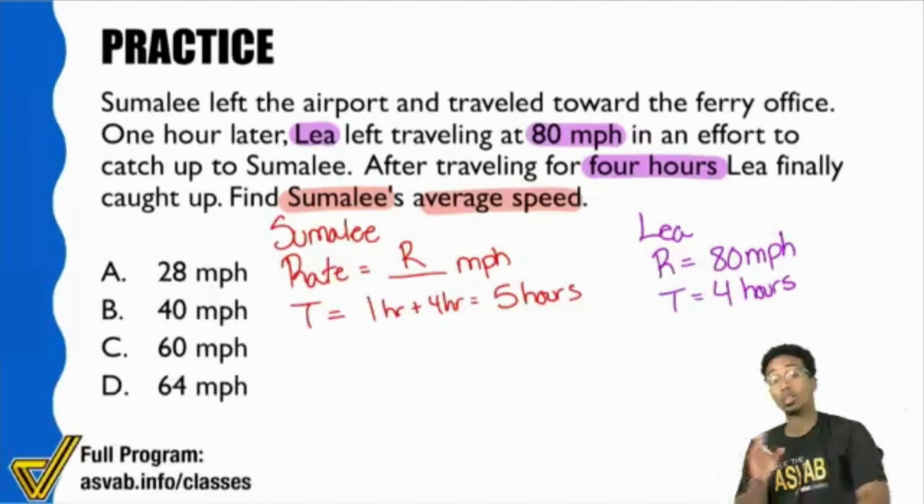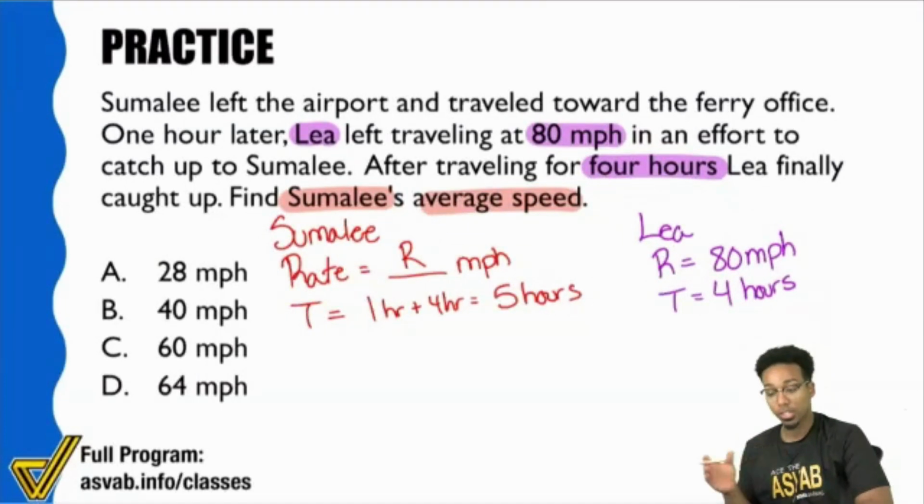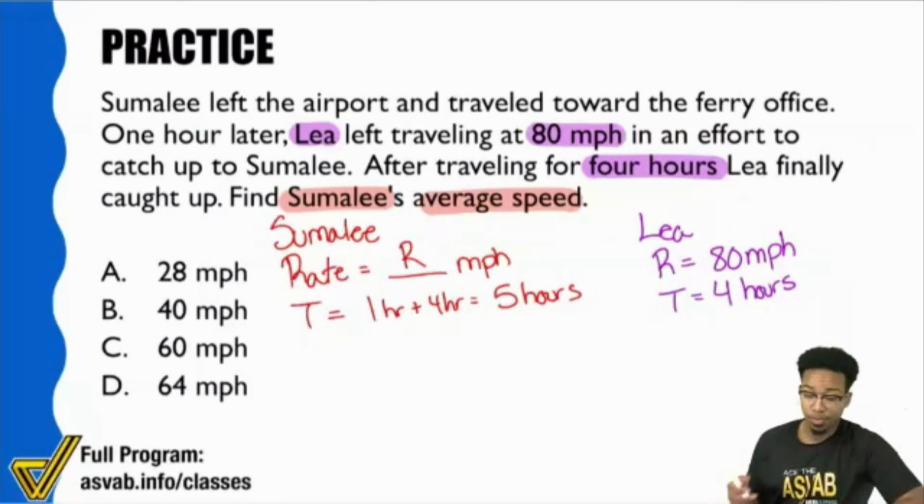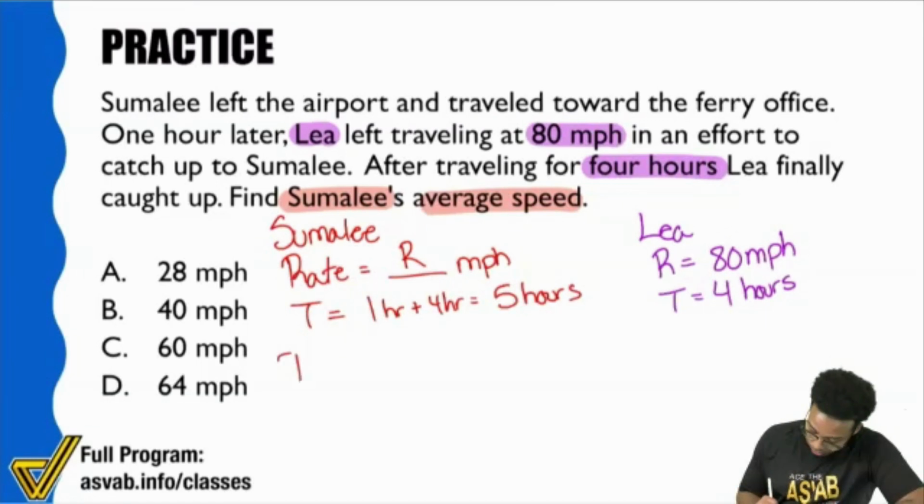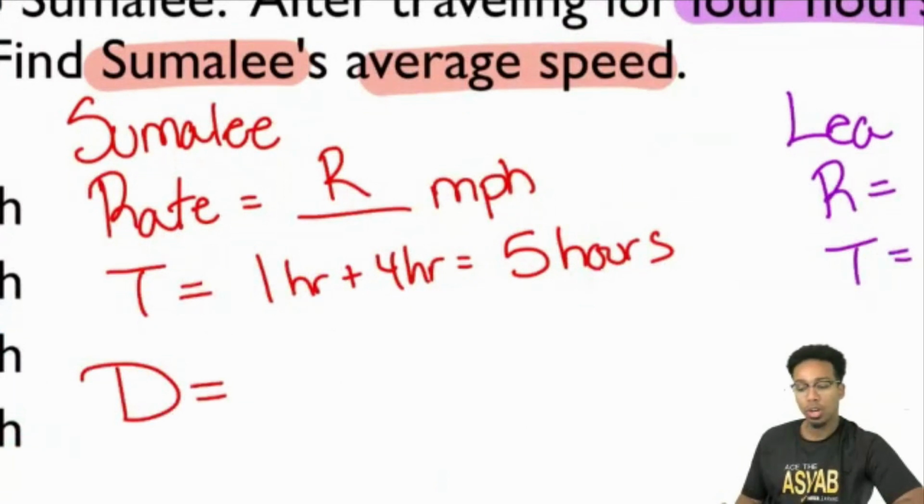That's the point I really want to make sure y'all understand: the differences between Leah and Suma Lee's time. Cool. Glad y'all see that. Sweet. Now from there, we are going to see that, hey, I can't solve for Suma Lee's rate. So let's just focus on Suma Lee for a moment, everybody. Do y'all notice that if you're trying to solve for Suma Lee's rate and you only have Suma Lee's time, but not the distance, this is impossible to do?